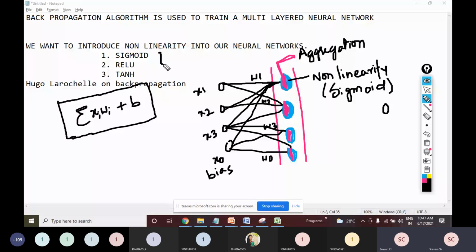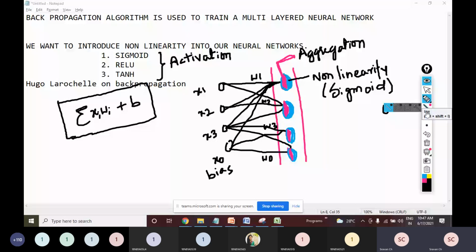This is an important word, my dear friends. Activation functions. This is an important terminology. So what is an activation function? An activation function is a function used to add non-linearity to a linear output. Some of the examples are sigmoid, ReLU, tanh. So that is what an activation function is. We will try to understand the sigmoid activation function today. And now let me erase this and I'll show you in detail.